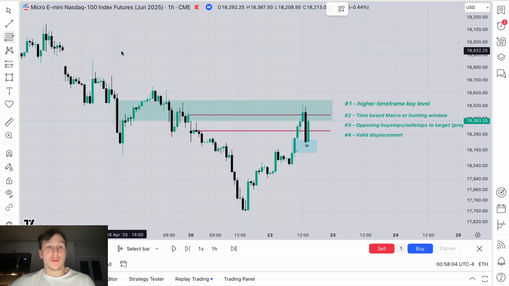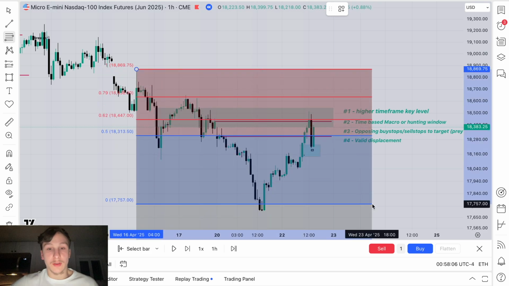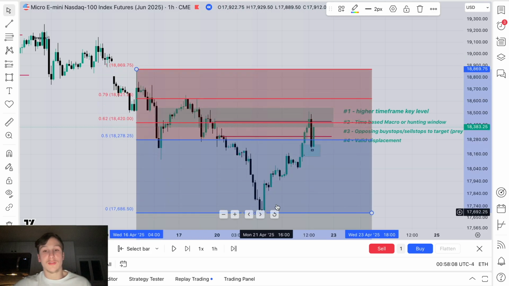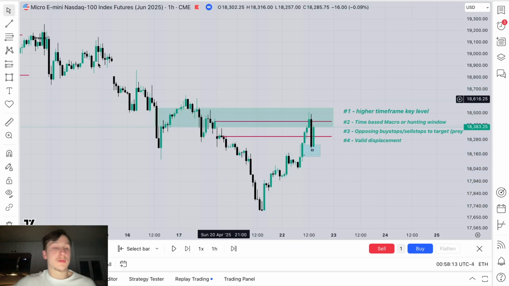Same exact thing, okay? We established the premium, right, with that short selling opportunity, okay? That was our dealing range, okay? This red to that area is premium, okay? So we ran up into that. Same exact logic